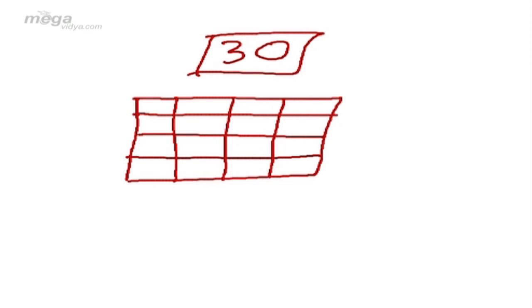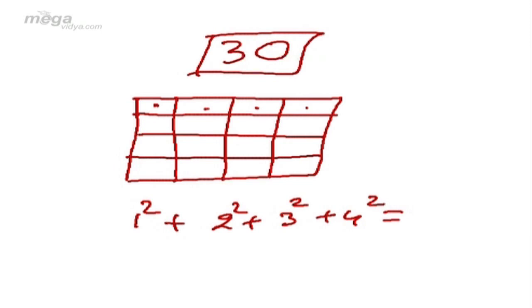And how many squares are there? This should be the question. The formula is very simple. Since this square is cut into 4 equal parts, add the squares of numbers till 4. 1 square plus 2 square plus 3 square plus 4 square will be your answer. 1 square is 1, 2 square is 4, 3 square is 9, 4 square is 16, which is equal to